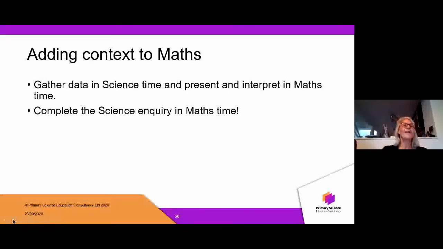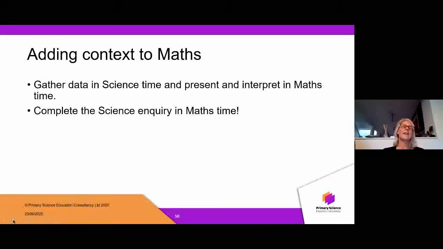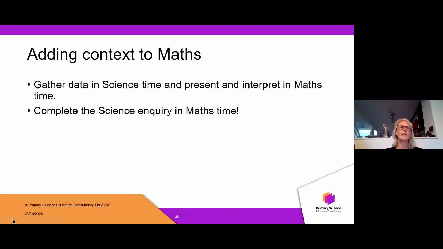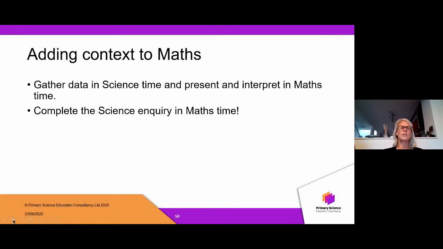Okay, so I think hopefully you can see that there are lots of scopes. There are so many opportunities for science and maths to be incorporated, and sometimes you're not sure whether you're doing maths or science, or actually whether they are the same thing. I think it's really good for the children to realise how maths skills are used in science and science skills can be used in maths as well,